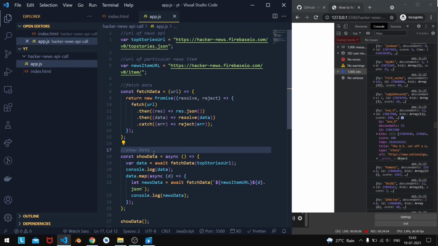What makes it different is that in a normal API we have only a single fetch call, in which we get the data, but here we first have to fetch the list of IDs, then again using that ID we have to make another call to fetch the actual news item. Similarly, the Pokemon API also requires a similar approach for fetching, so you can try it out.